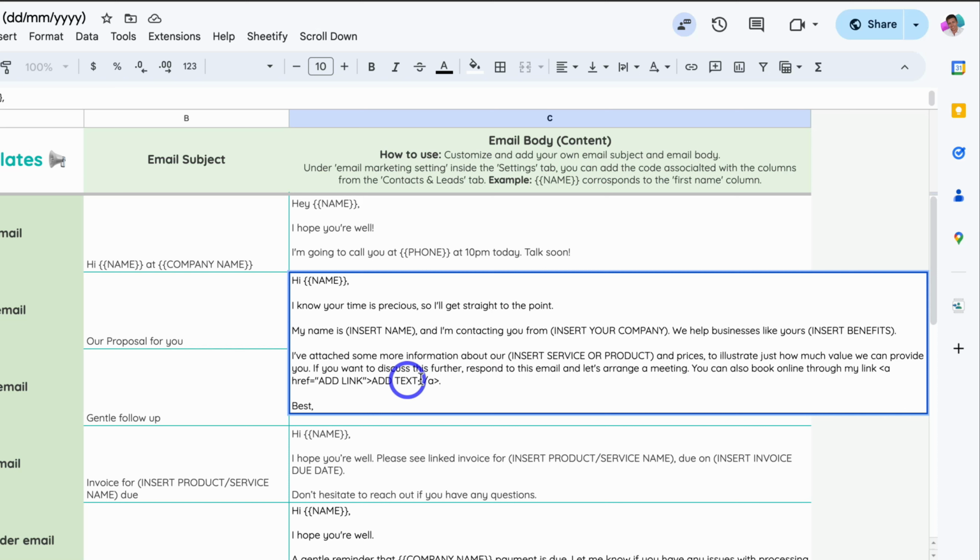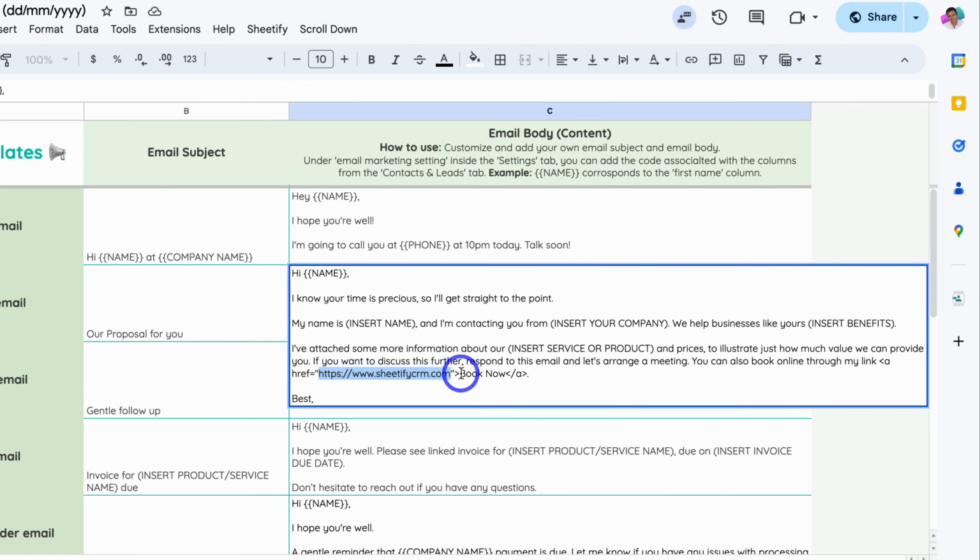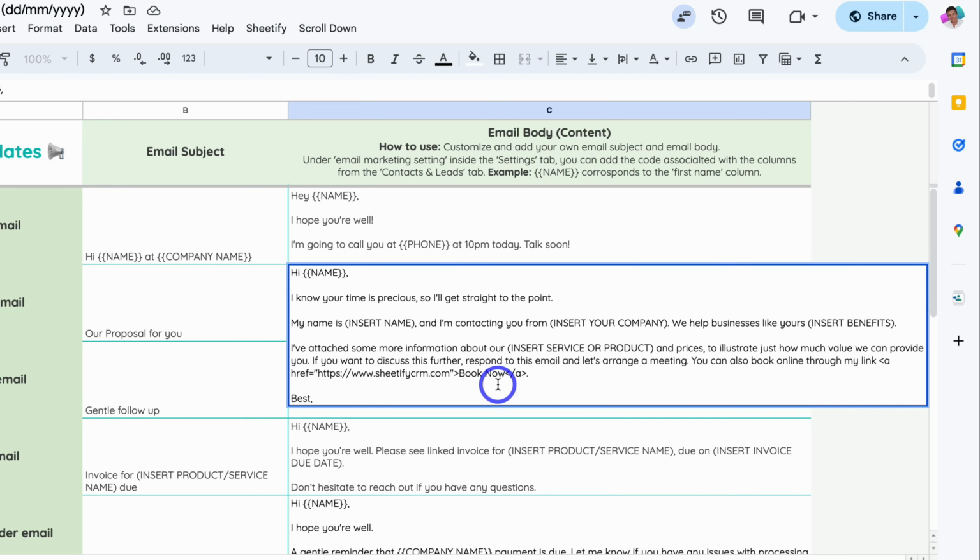Okay, so with this code, what we're going to do, I'm going to add a full stop here, and then where it says add text, I'm going to add book now. So add the text that you want to hyperlink, and then where it says add link, all you want to do is add your link. So as you can see, I've added this website address, this website page, and over here you can see I've added the text. Now I'm going to quickly go ahead and send this email campaign, just like I showed you with the first example,